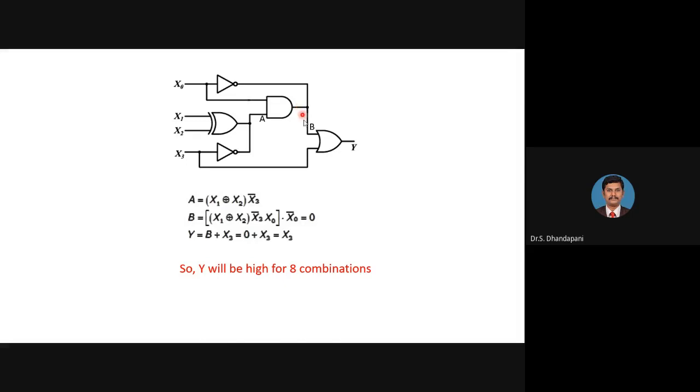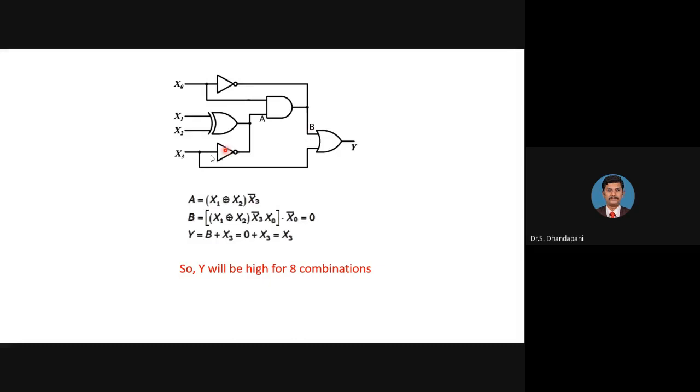Now the value at point B will be the output of the AND gate dot X0 bar. Here I have X0, and in this place X0 bar is available. So the value at B is that into X0 bar. If we simplify the equation, we have X0 dot X0 bar, so it will become 0. So the conclusion is that here we have 0.